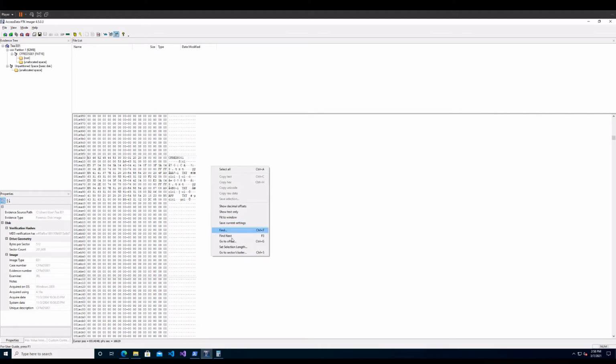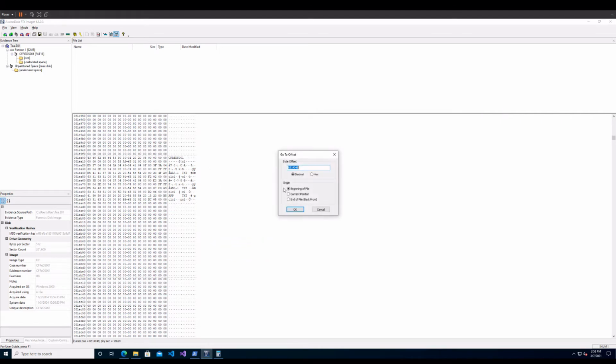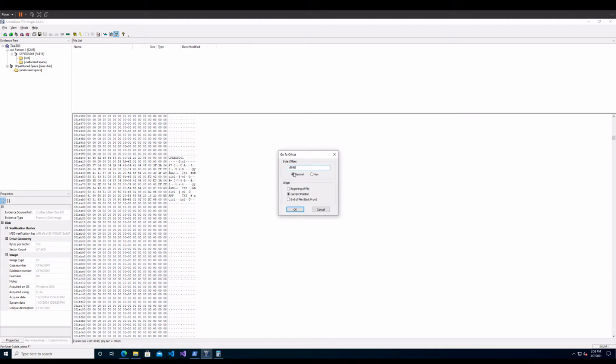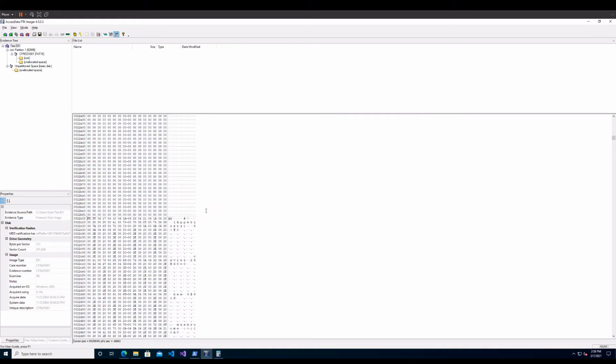So this time we're going to go to offset, but we're going to start from our current position because I clicked at the beginning of the root here just to make it a little bit easier, a little bit less math. We'll copy in this value that we just calculated, still decimal, from current position, okay, and hey, we found appetizers. How about that? And if you're not really following and this seems difficult, don't worry,